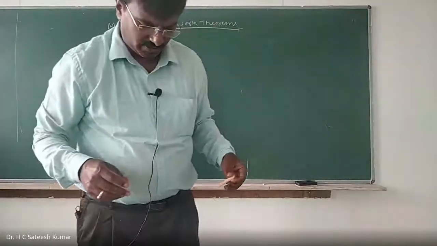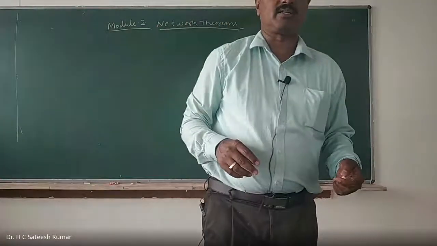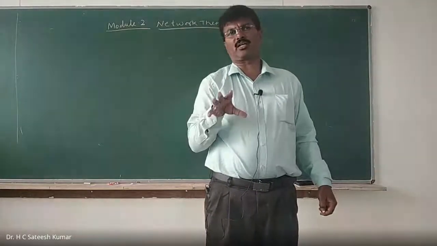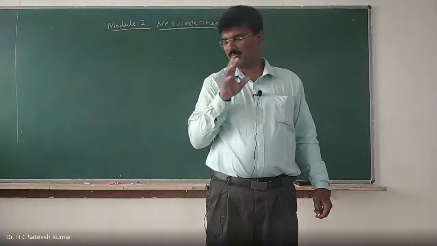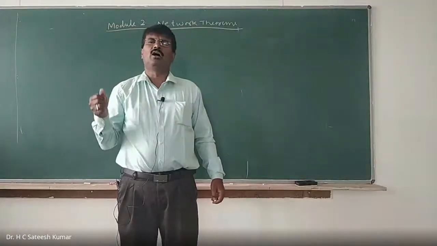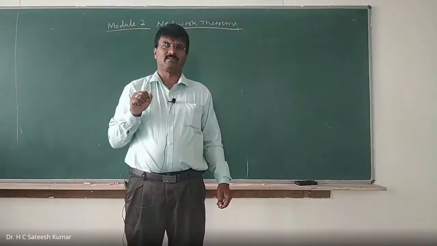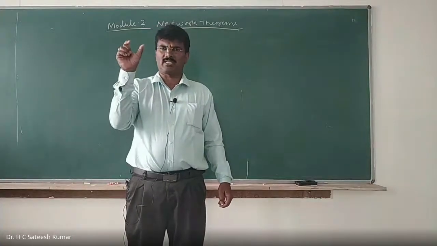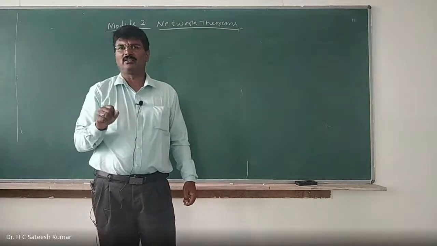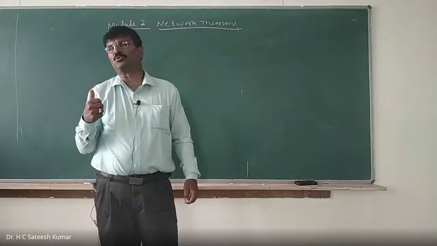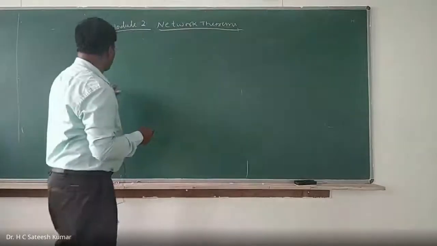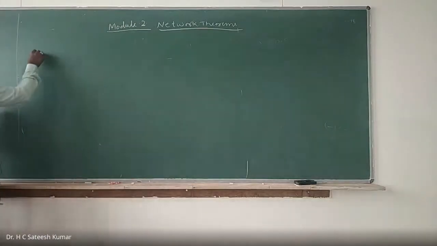We know that, for example, KVL, KCL, mesh analysis and nodal analysis are a general method of finding the voltage or current in a branch. General method means, whether it is necessary or not, all the node voltages we need to calculate, all the loop currents we can calculate. But let us say you want to calculate the current in a particular branch or voltage across a particular branch. Then these theorems are very much useful. In your syllabus, we have 5 theorems, and one by one we shall discuss.